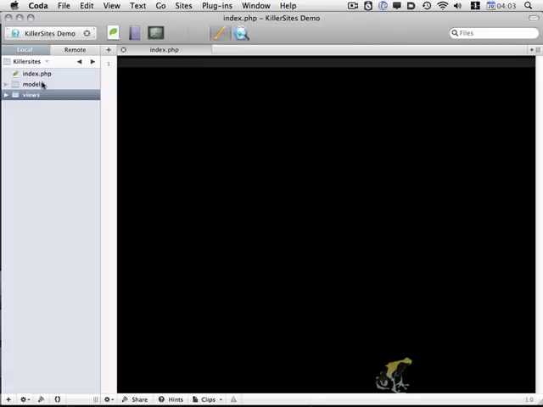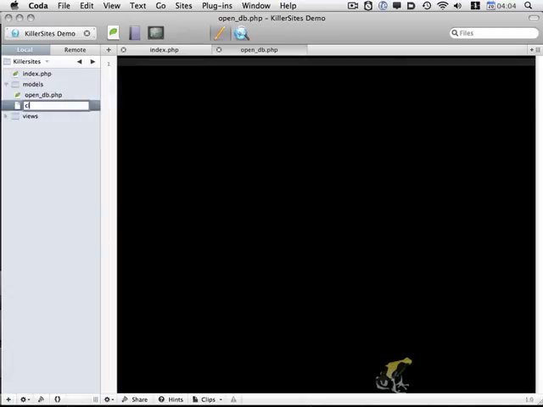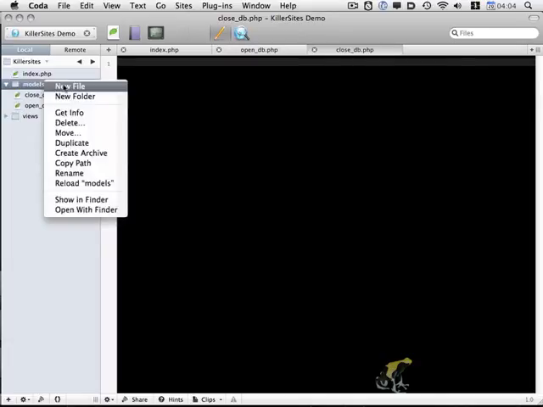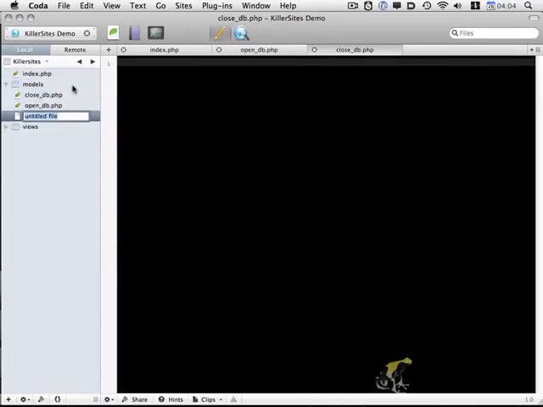So let me create a couple more files. Within the models folder, we're going to have an opendb.php file. We're going to have a closedb.php file. And finally, we're going to have the actual model itself, in which case I'm going to call this one TagCloud.model.php. And I should mention, I could potentially just call it TagCloud.model, but in case someone had direct access to